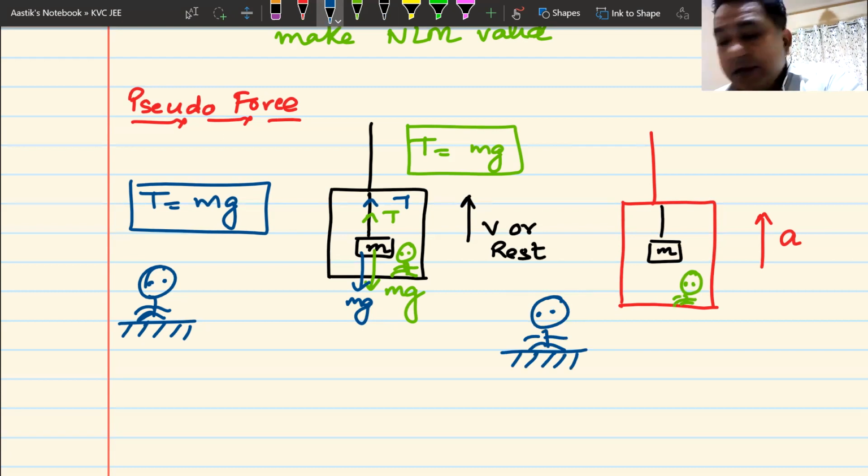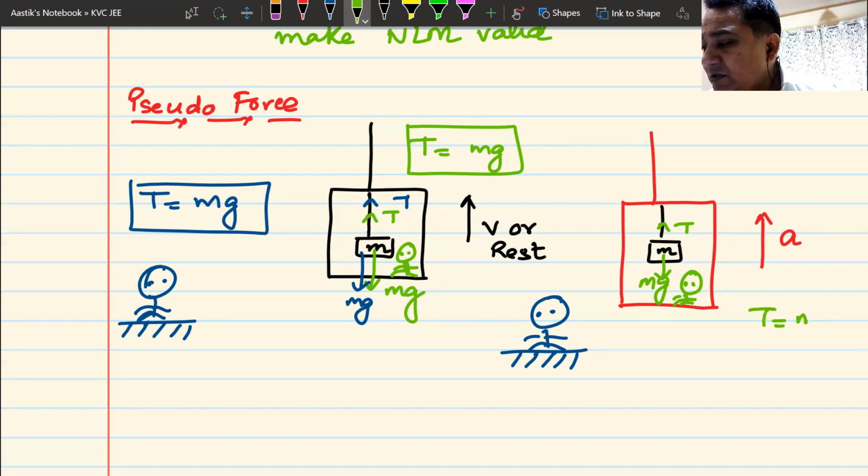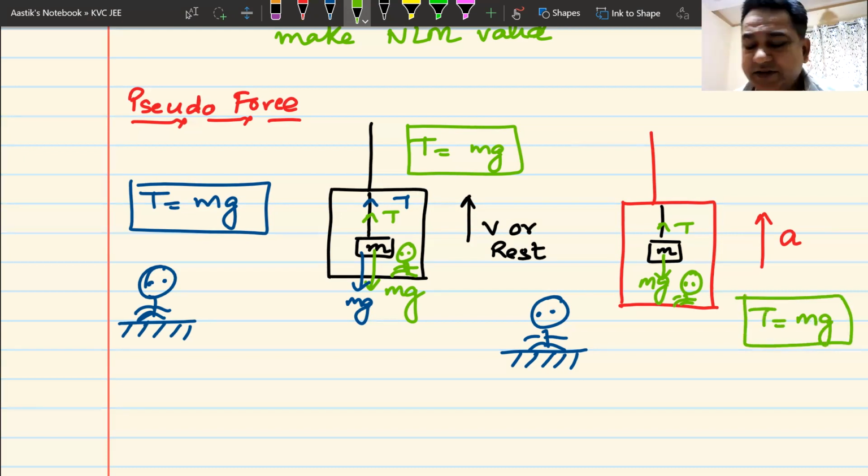Now someone tells the green hulk, the green person who is inside the lift, what do you see? You just draw a free body diagram and give us your equation. So what does he see? He sees, okay, the block is hanging, T is upwards, mg is downwards. Remember, he is blank from the entire world, does not know what is happening in the entire world. His equation is simply T is equal to mg. From his world, nothing has changed because he does not see what is happening outside.